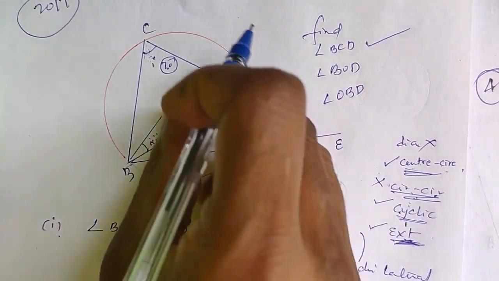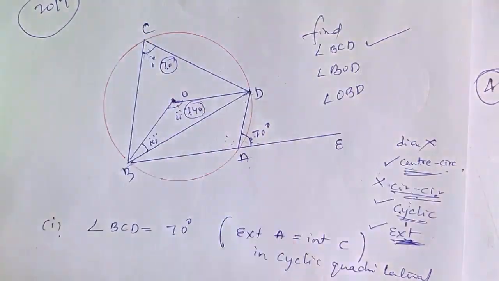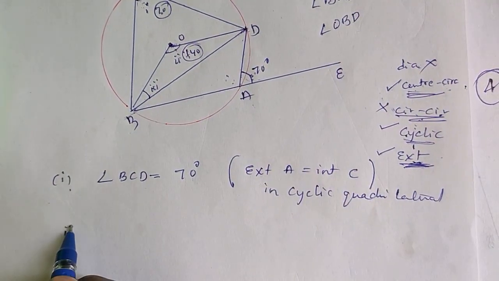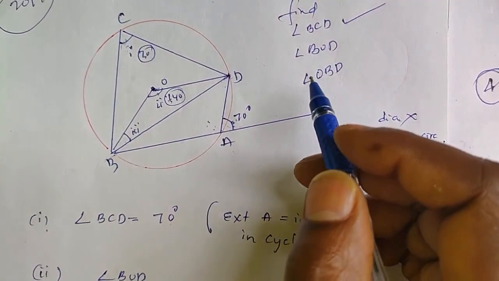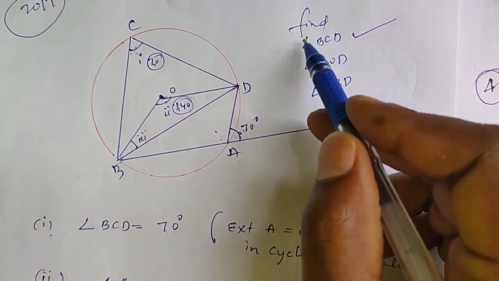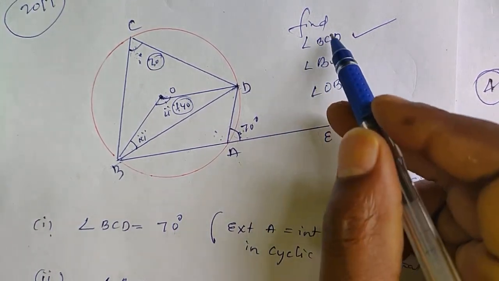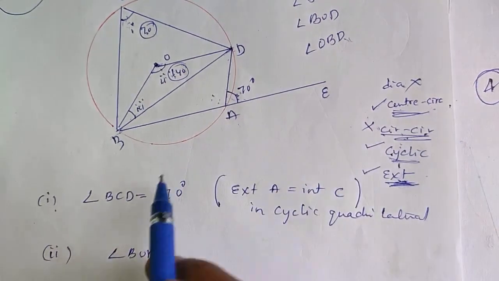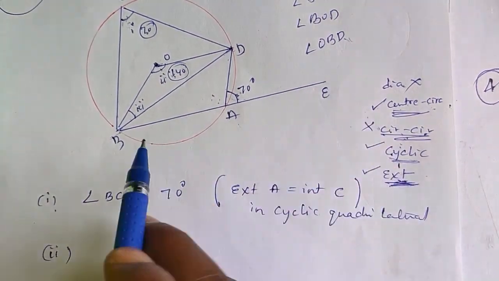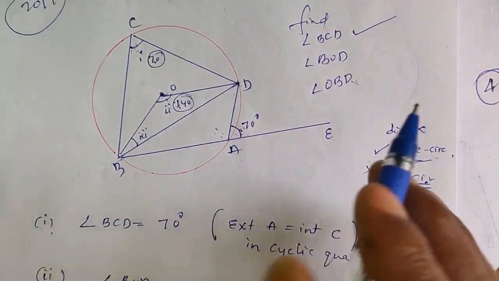Look at, from BD only angle O, from BD only angle C, both are formed. I got the second sub question answer also. Angle B. It is not always mandatory to find out all the 3 angles in a list. Not like that. If you get the third angle first, you can write the third angle as the first step. But the thing is, mark the sub question number.